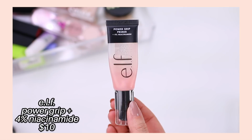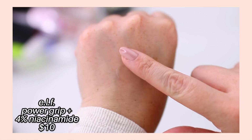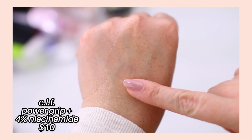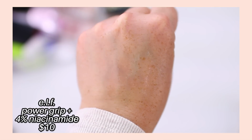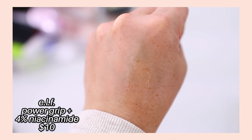Like my makeup just does not look good by the end of the day. This is the e.l.f. Power Grip Primer, but it's the one that has 4% niacinamide. The original Power Grip Primer is great, but this one is better. There's definitely a difference between the two. And the first few times I used it, I was like, I don't know if there's a difference. Like I see a subtle difference, but now that it's been months at this point, there is a difference to